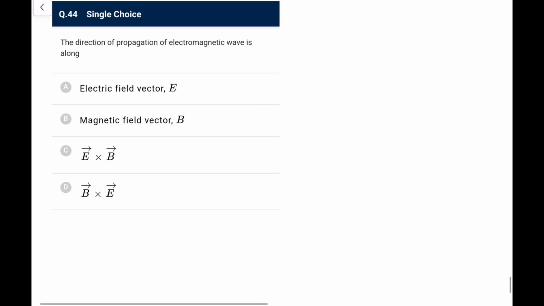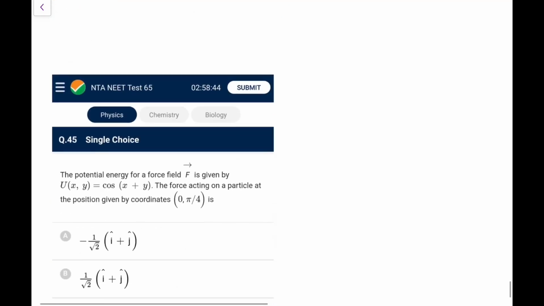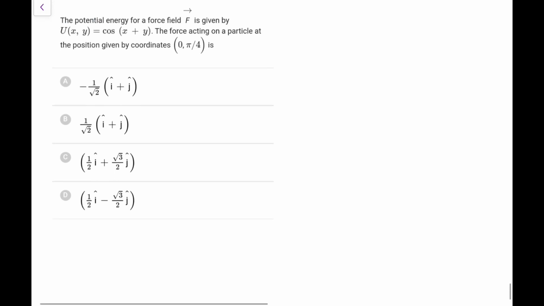Now the 44th, the direction of propagation of an EM wave is given by E cross B. You know that. There is nothing to be told about it. The potential energy for the force field F is given by this; the force acting on a particle at a position vector is given by. So we know force is equal to minus, because it is a function of two things. So first of all, I will write Fx is minus del u by del x. If I differentiate it with respect to x, so cos will have minus again. So minus plus 1 plus, so sine of